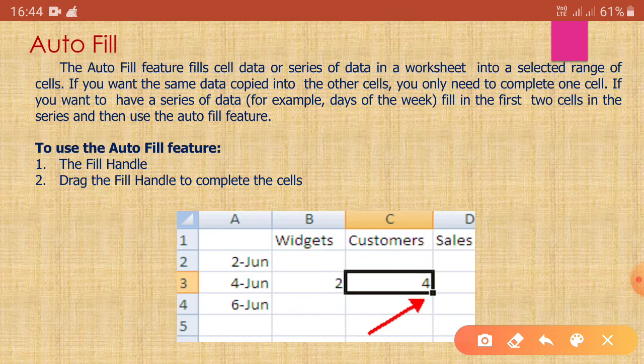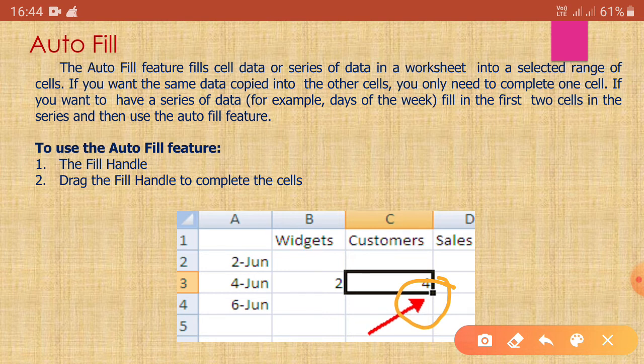So what is the autofill feature? Suppose we have written here 4. The next number will be 5. So we don't need to write it again and again, 4, 5, 6, 7. So what to do? We just have to drag the fill handle to complete the cells.